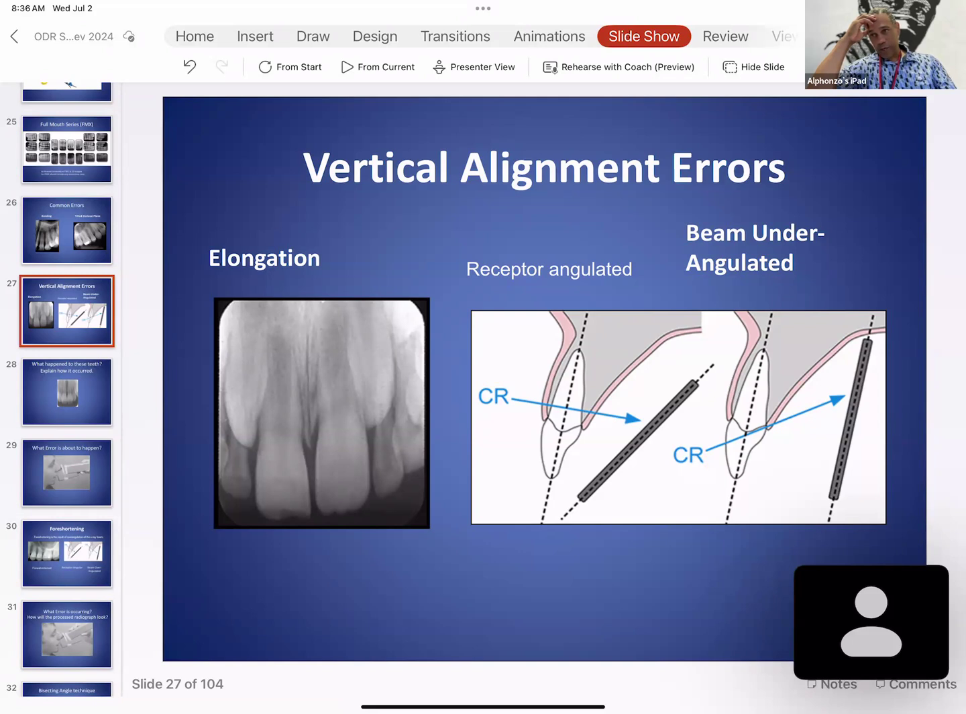Then there's one other way we get elongation, is now the sensor is parallel or in line with the central axis of the tooth, but the central ray is at an angle. And so these are the reasons why we get elongation. And if you take a good look at this image, you should be able to identify and see. In other words, if you draw a diagram across, parallel to the central ray and the tip of the tooth,